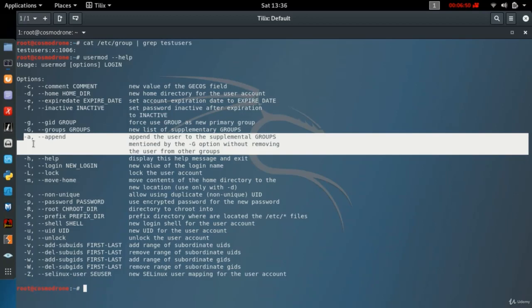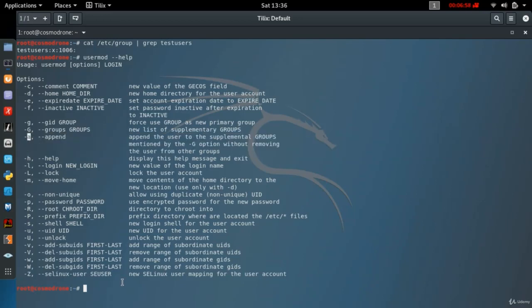Maybe you want to do that. I don't want to do that. I just want to make a separate group that these user accounts are in. So I'm going to use the -a to append to their group list. So let's call this command. Let's add Peter and Mike to the testusers group. I'm going to do usermod, and then -G for groups, -a, and then